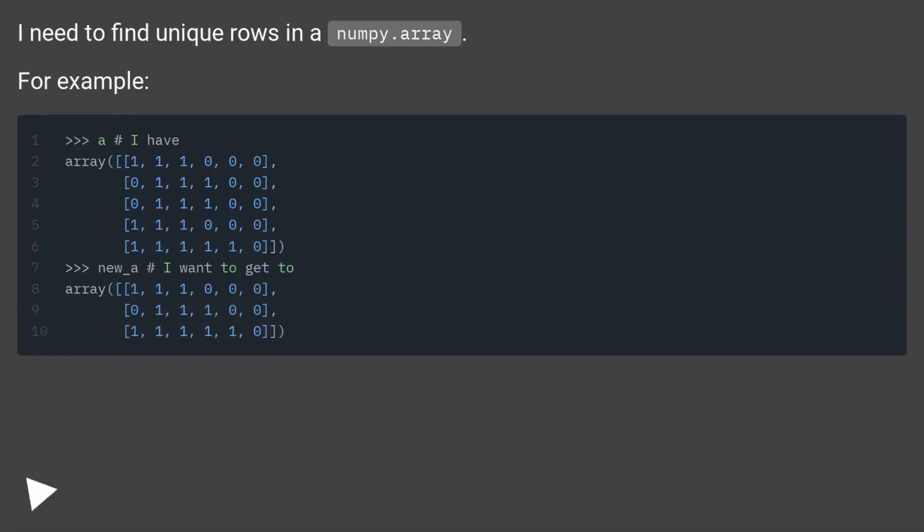Find unique rows in numpy.array. I need to find unique rows in a numpy.array. For example,